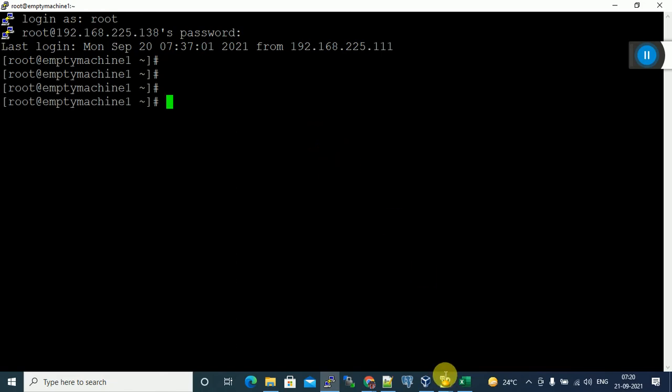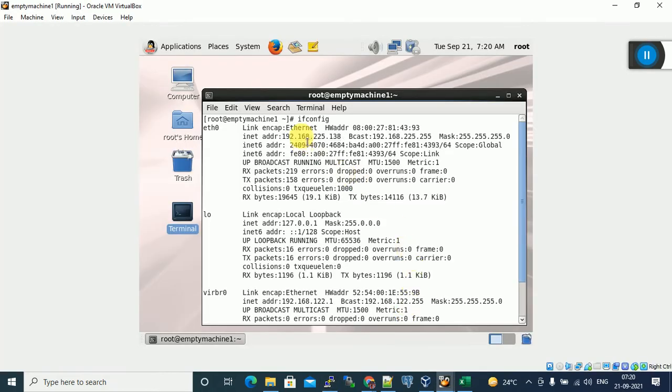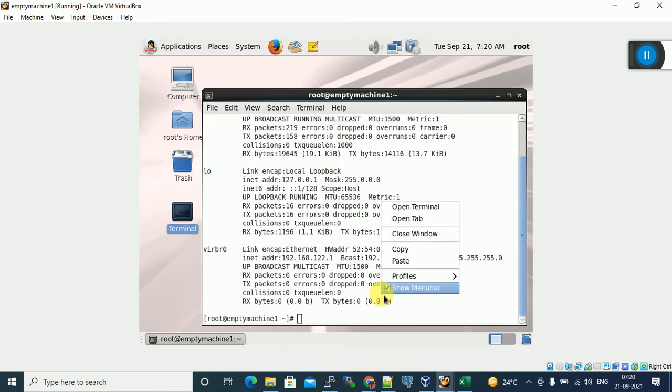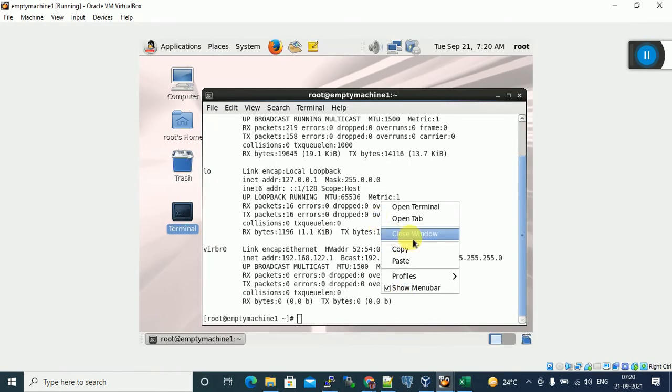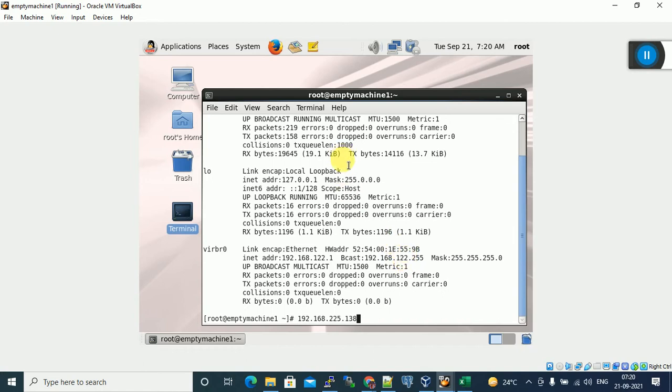If it is a physical server, selecting does not copy automatically. We have to right click on copy, and only then it's copied. How to paste in the virtual machine? This is the virtual machine. This is PuTTY, for the virtual machine. You can right click on paste like Windows. The virtual machine is like Windows. We have to right click to copy and paste.